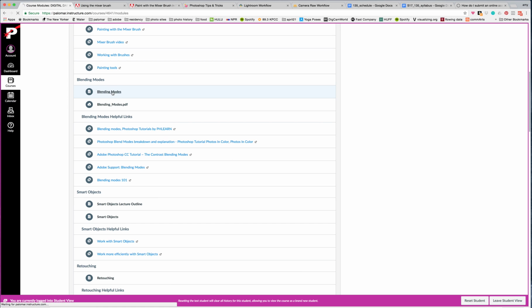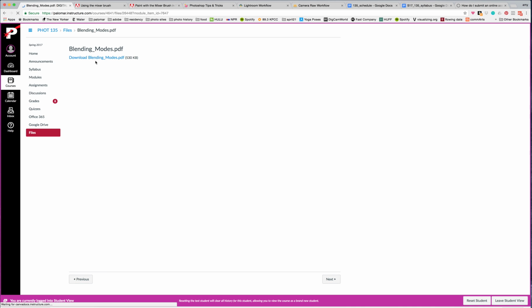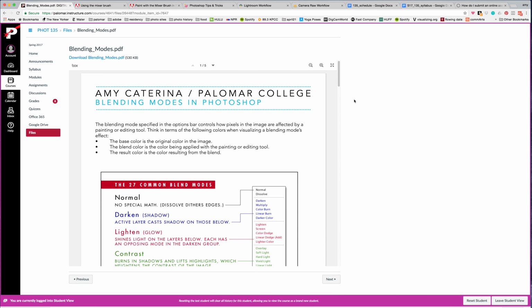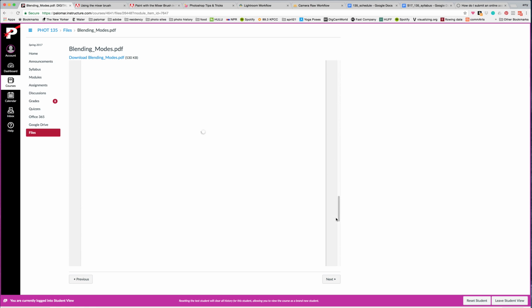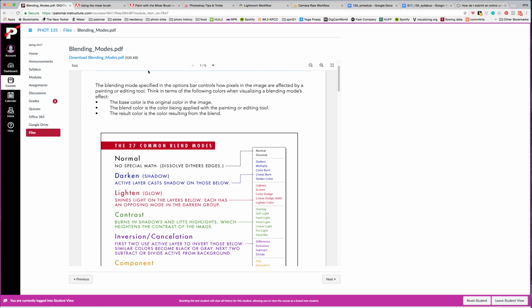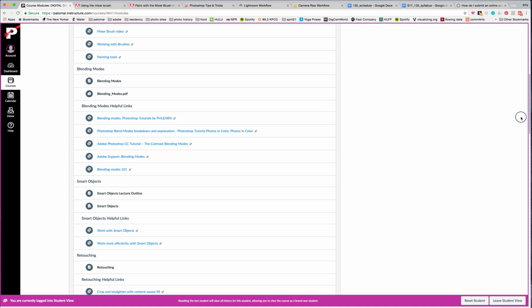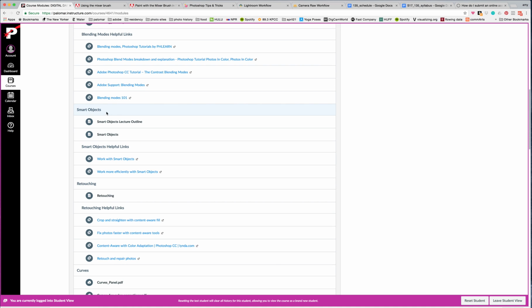And then sometimes I have outlines and like, what is a blending mode, which is kind of a weird concept in Photoshop and super powerful. So I created a PDF summarizing it that will appear here, and also using all sorts of Adobe and different screenshots, and then they can also download that. So this module is very helpful for organizing all of the things that they're going to be doing in this advanced class, such as smart objects. I will have an outline, sometimes PowerPoints, helpful links, retouching helpful links,